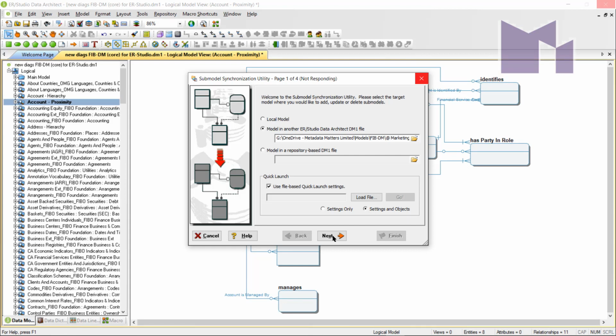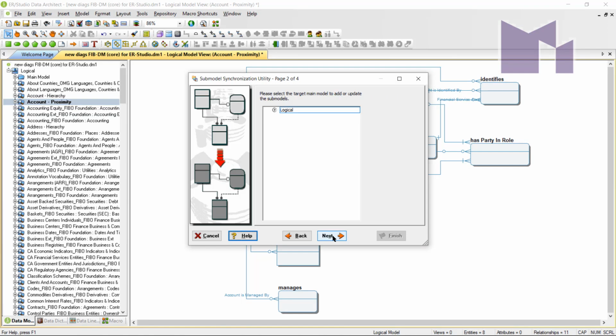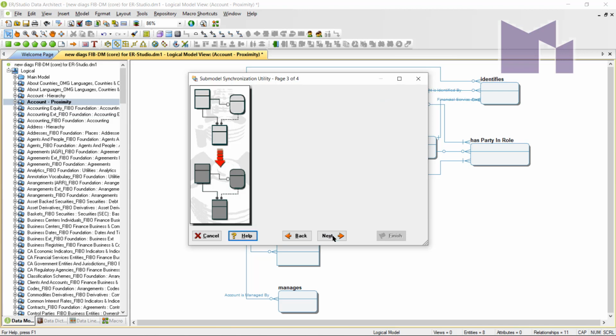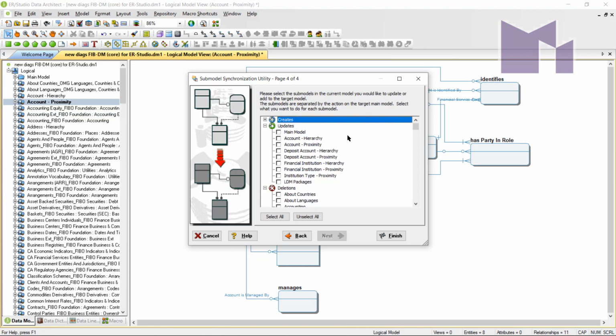So the way this works is you are synchronizing, or basically making another model look like this one. There's only a logical model in the target model, which is fine. I go through these settings, these are fine for me. The next thing I have to do is tell it which submodels I want to synchronize. So I've got my address hierarchy. So I'm going to update those 2. Click on Finish,